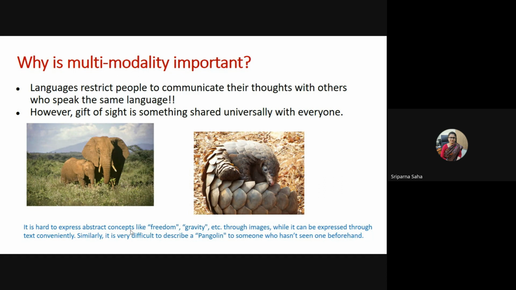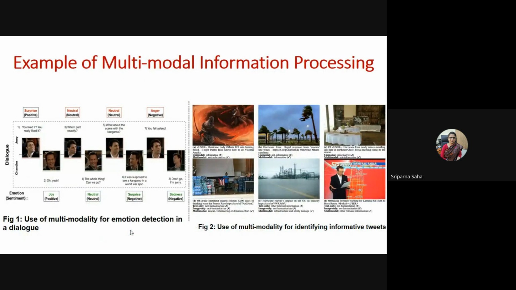So image and text are complementary to each other. Some concepts can be better described using text, and some concepts can be better described using image. So this way image and text are complementary to each other, and we should have both the modalities for expressing the concepts in a better way. So basically,